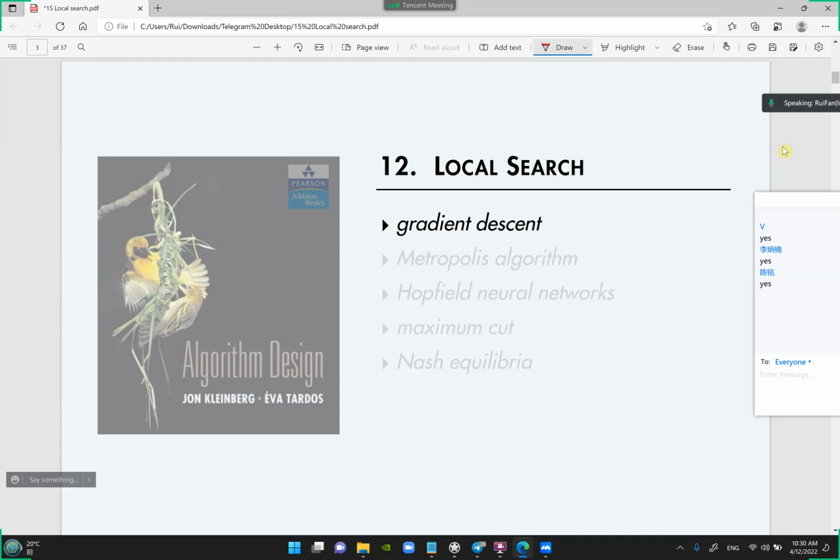the chat box. All right, so today we're going to talk about a new type of algorithm called local search